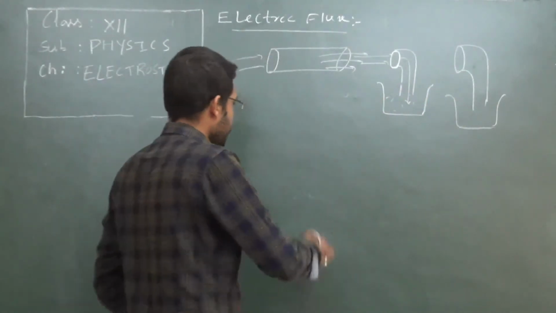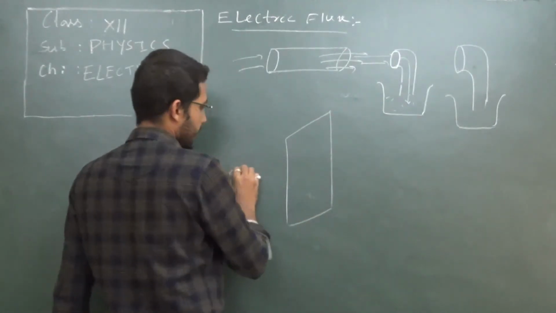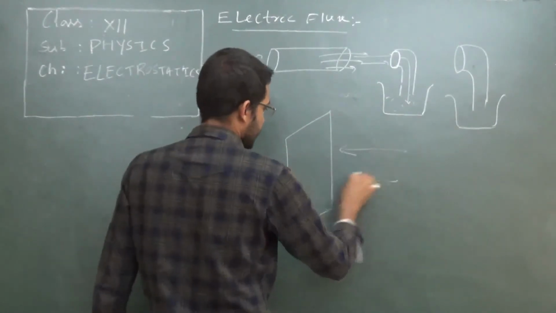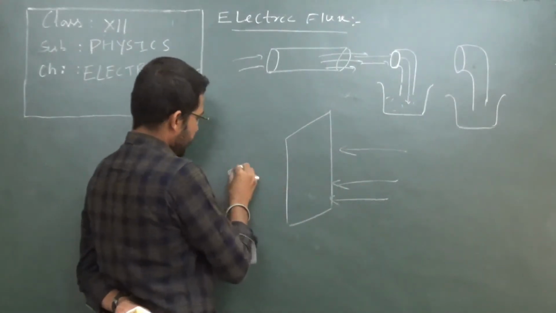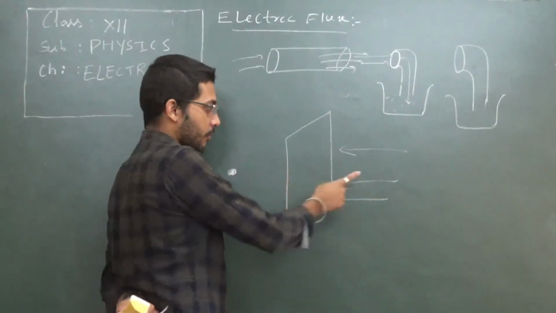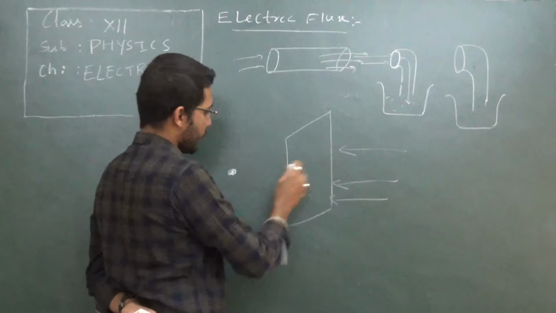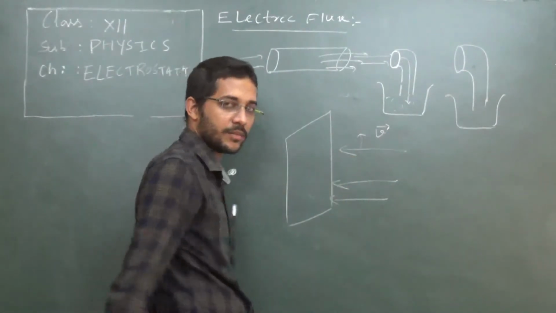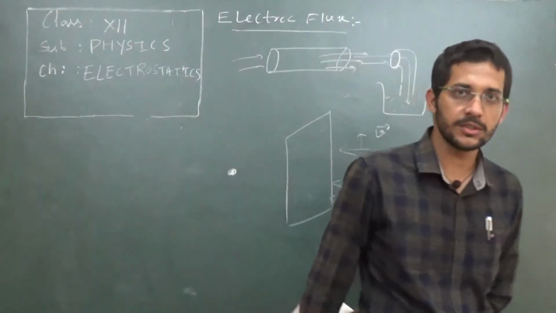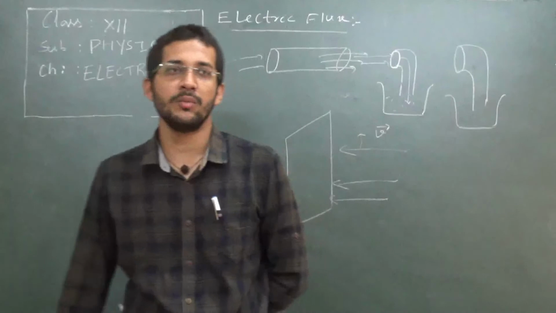Like for example, there is a window and here you are, and wind is coming from outside. If you calculate the total amount of wind coming into your house, then you can see it depends on two factors. One, it depends on the velocity of the wind. If the wind velocity is too high, that means the quantity of wind passing inside your home is found to be more.